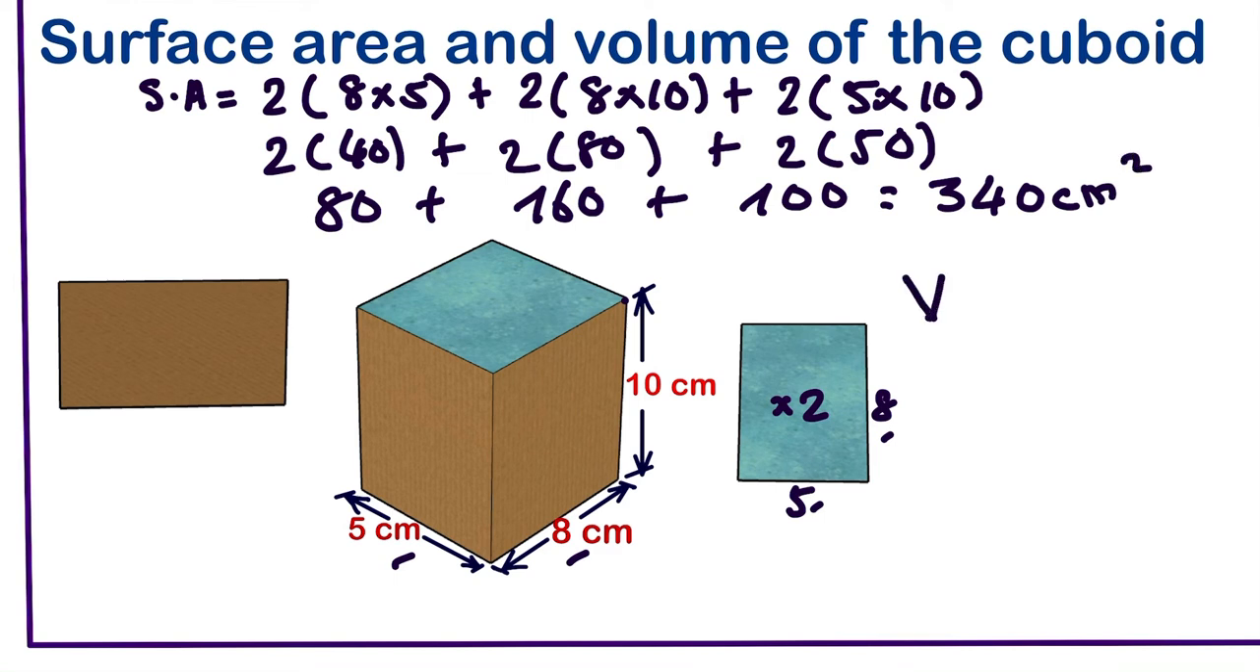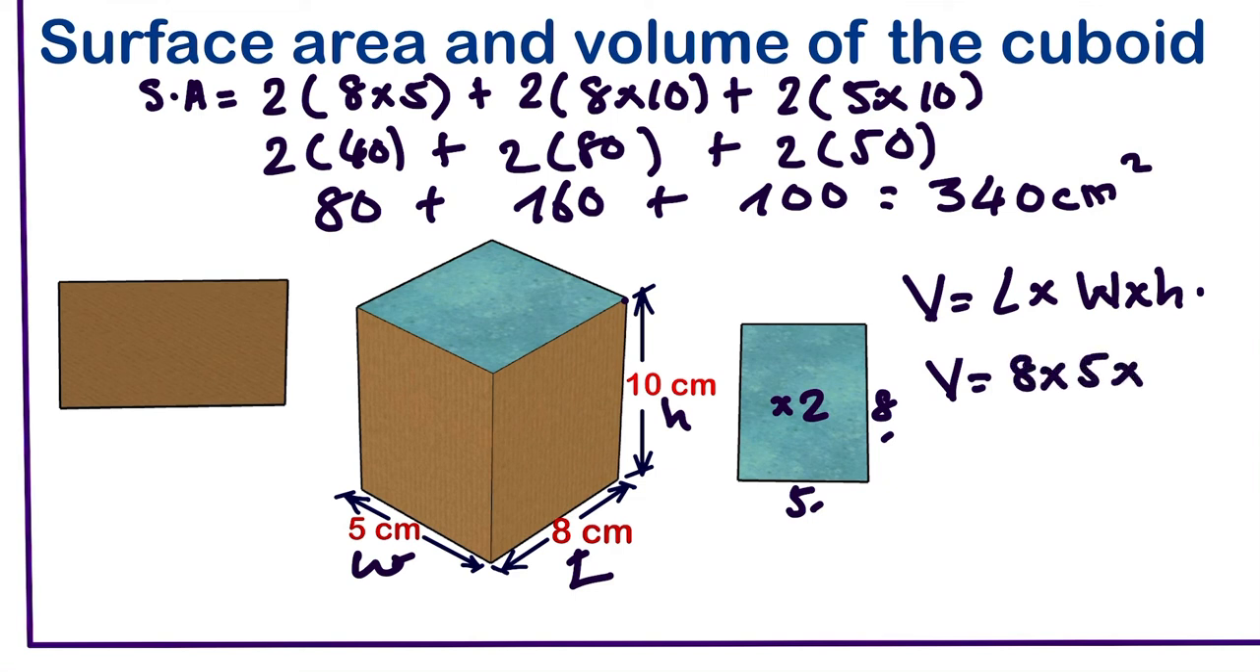So the volume, we can use length times width times height as our formula. So if we substitute the values, this is the length, this is the width, and this is the height. So we are going to have the length 8 times 5 times the height, which is 10. If we multiply them together, this is 40 times 10, which is 400. We are going to have 400